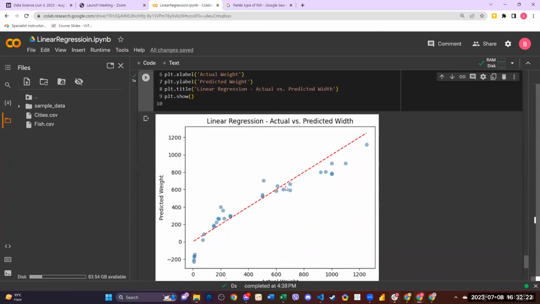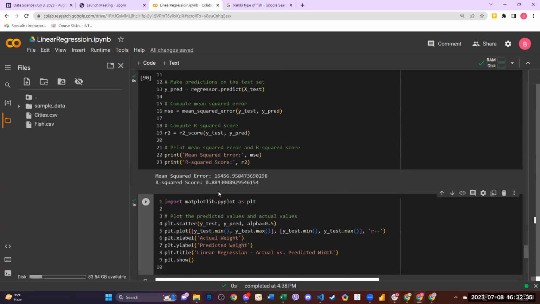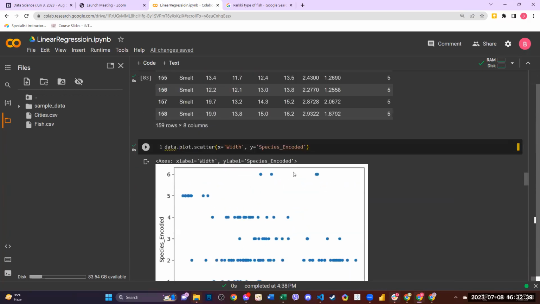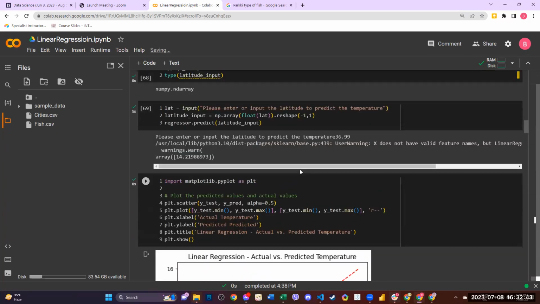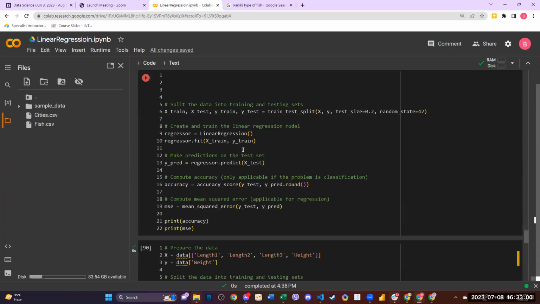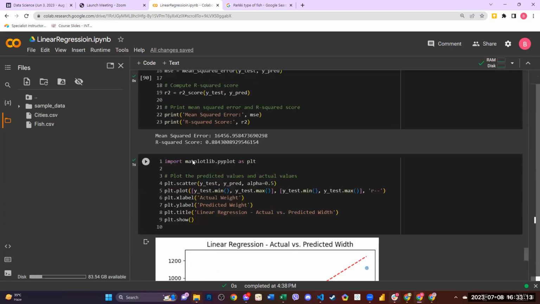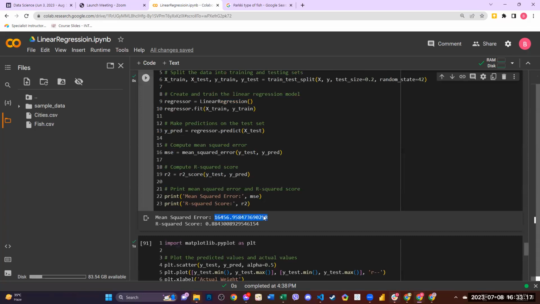Let's check on the graph. Okay. Mukha naman siyang okay pero kasi kulang yata yung data. So I guess medyo kulang lang yung data. Ano ba yung sagot natin dito? We have 59. Dito nga 59 eh. Pero kasi yung mean square error mataas. Yung mean square error kasi nakukompute siya dito sa layo ng ibang points dun sa regression line. So umabot siya ng 16,000. Siguro mali lang yung computation nito pero